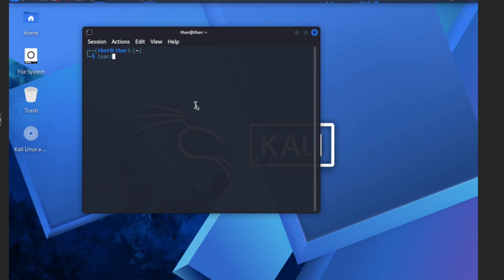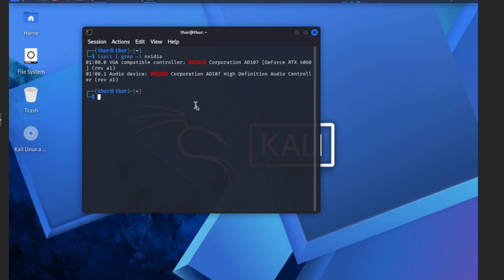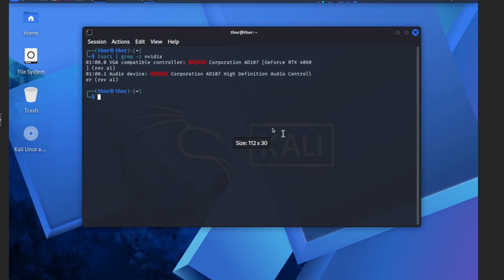Alright, lspci | grep -i nvidia, we know what that does. That just shows us whether or not the GPU is visible, and there it is. So it is correctly passed through and being recognized. We'll have to do some driver updates and stuff like that, but first thing we're going to do,